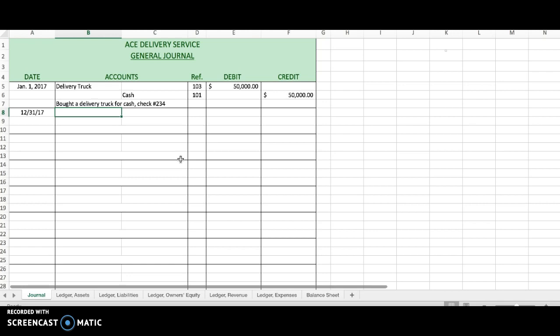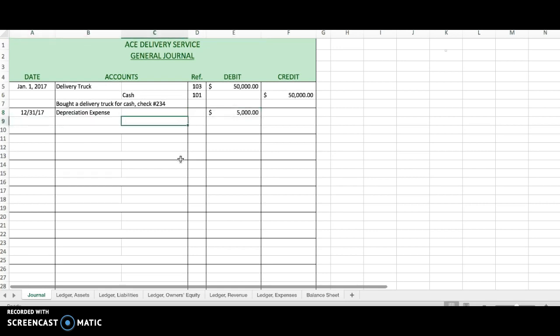So we decided that we are going to depreciate this truck by $5,000 a year, as we just talked about. The account that's debited is an expense account. It's called depreciation expense. And this is a bit different because most of the time when you have an expense, you end up debiting the expense and crediting cash. This time we will not be doing that. So you will debit by the 5,000